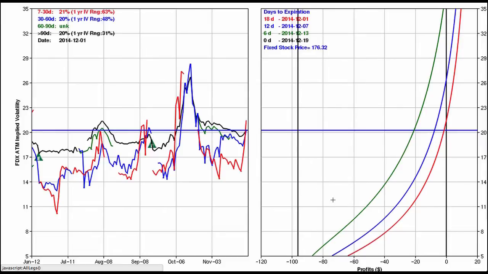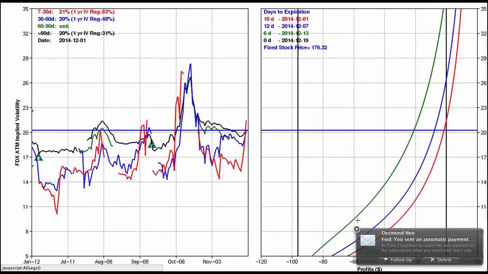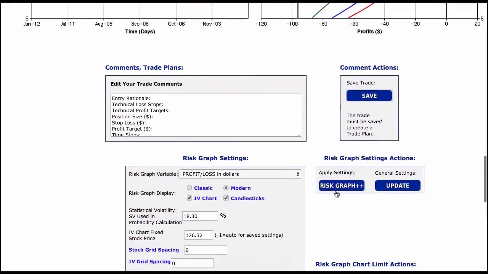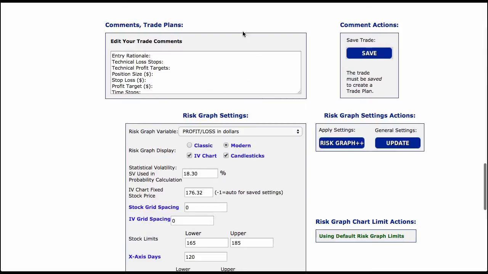All right. The chart to the right of that is the Vega chart, or the profit chart based on volatility itself. All right. Next, down here, we can actually put our trade plan in. We can save that trade plan. So if I were to come in and say, all right, my trade plan is a money calendar buy